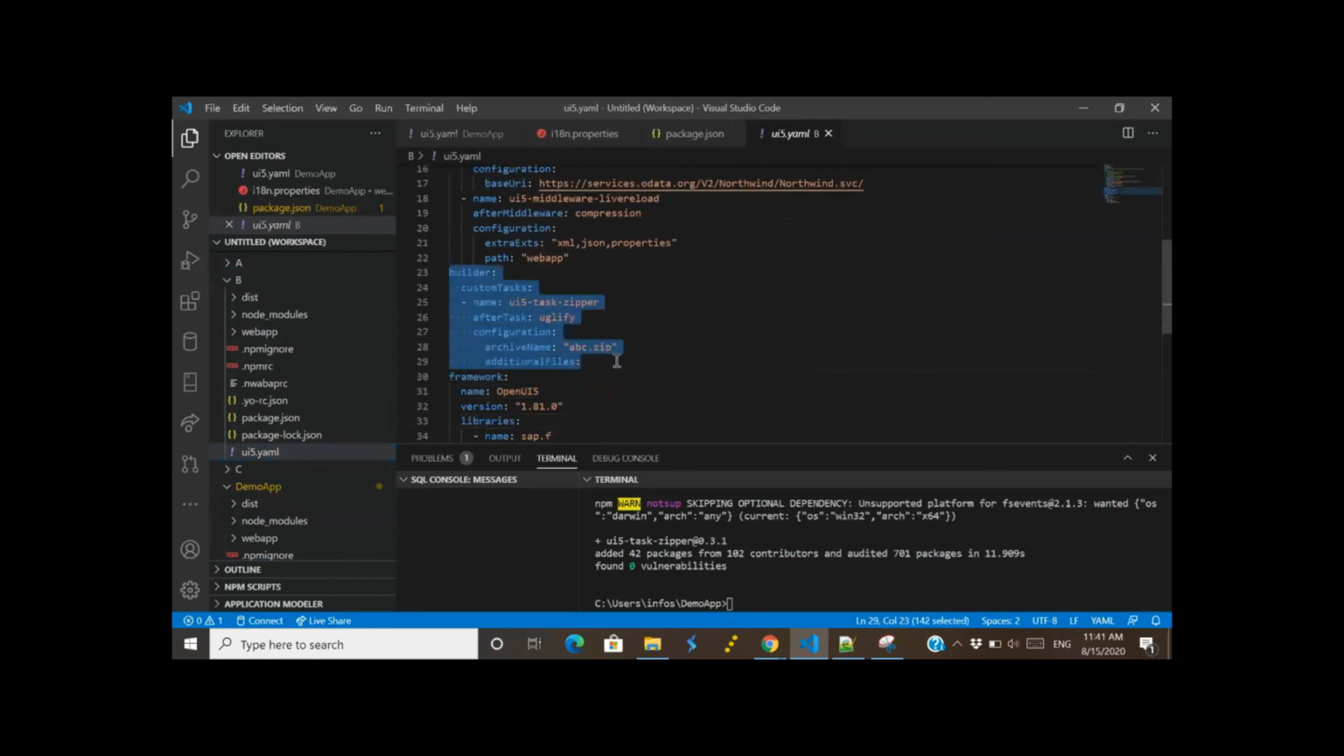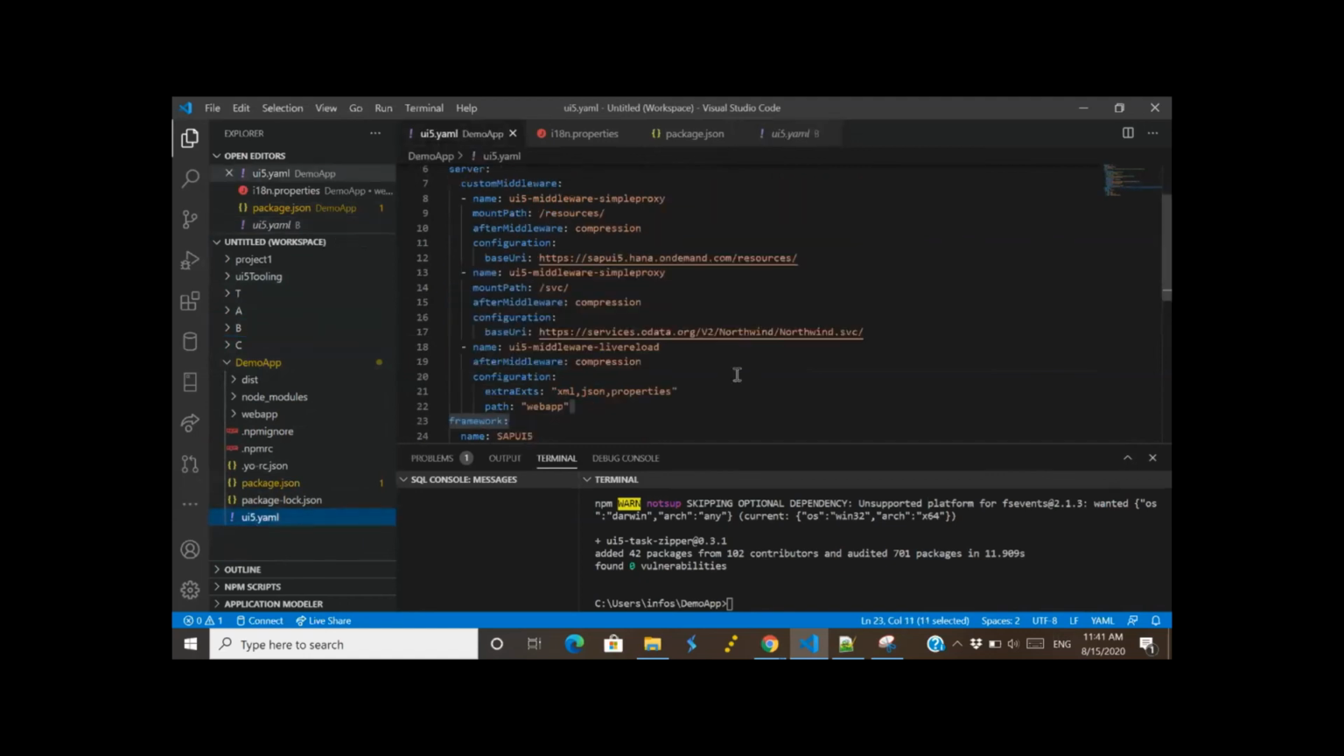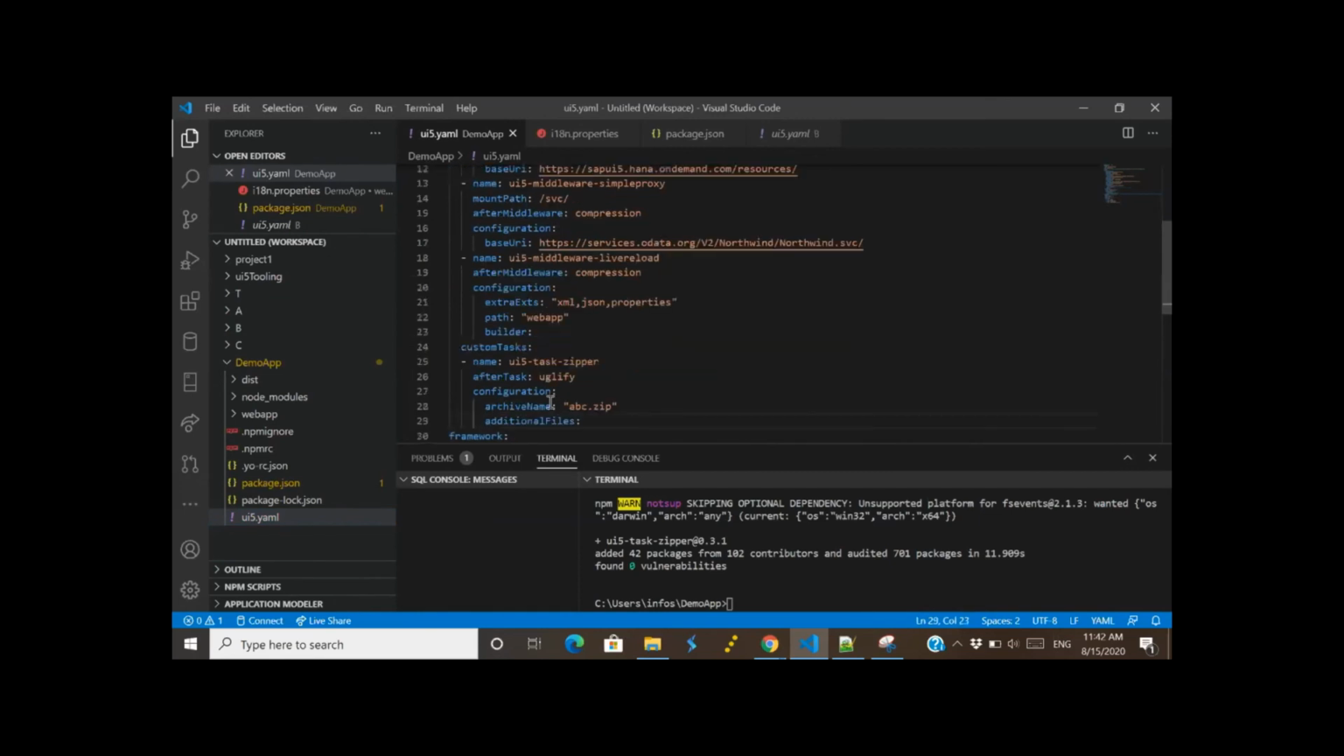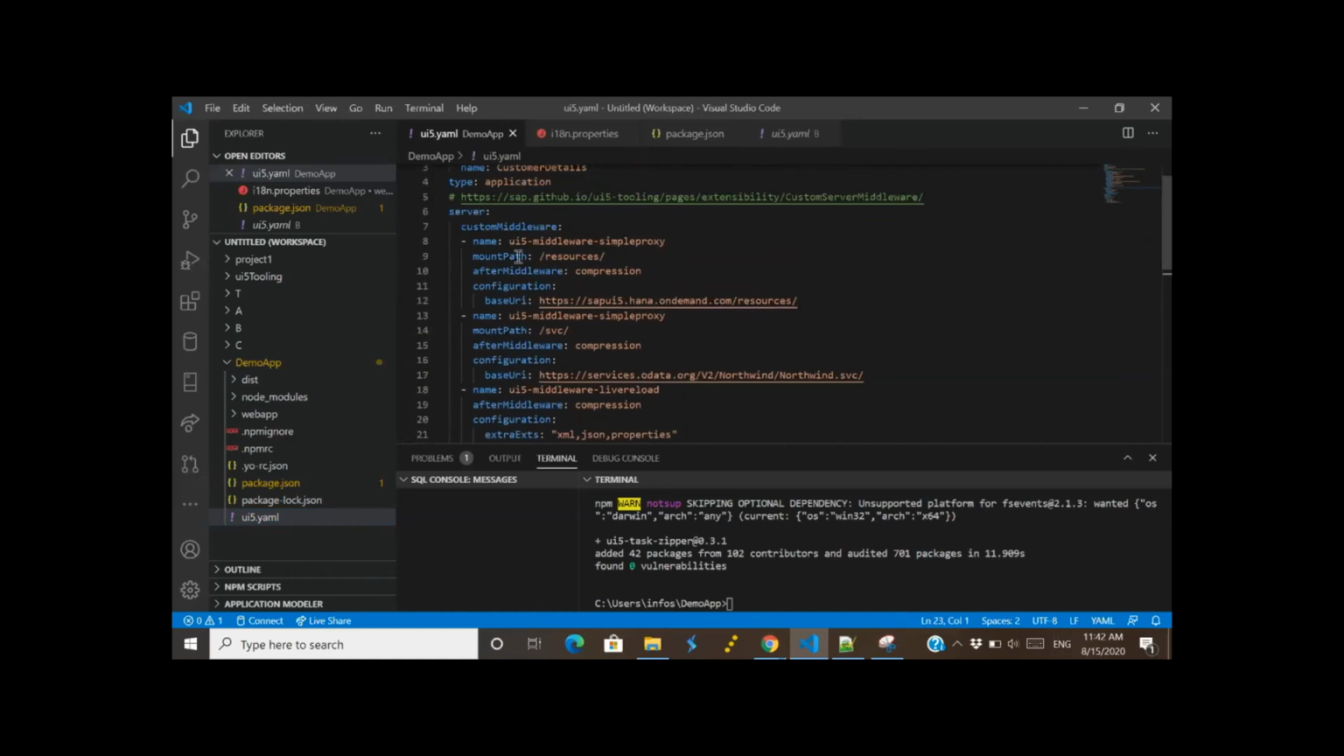So this is the one. I'll be maintaining it here, under server. And one more thing, guys, you just notice the middlewares were under this tag under server because we are custom